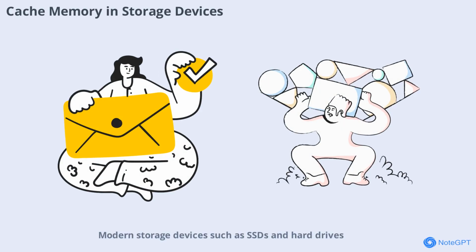Modern storage devices such as SSDs and hard drives use cache memory to buffer data and speed up read and write operations. This helps reduce wait times and improves the overall performance of your computer, especially when working with large